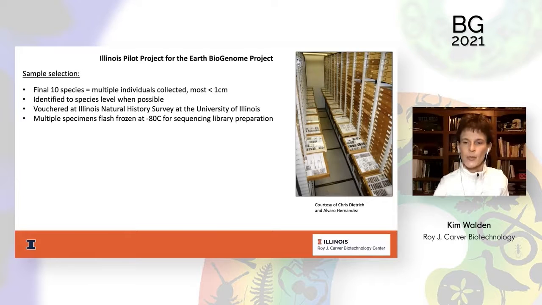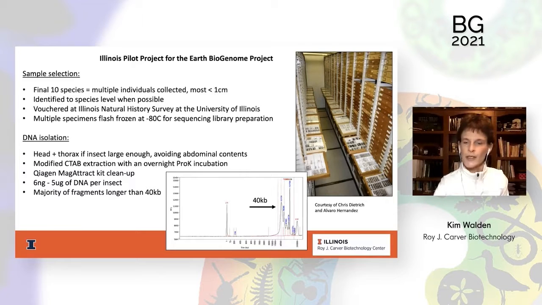Multiple specimens of each species were flash frozen at -80 for sequencing library preparation at the high throughput sequencing facility in our biotechnology center. DNA was isolated from only the insect head and thorax when possible, thereby avoiding the abdominal contents in the larger specimens. However, most of these species are less than 1 centimeter, so in some cases, the entire insect had to be homogenized. A modified CTAB extraction with an overnight proteinase K incubation protocol was used, followed by a QIAGEN MagAttract kit cleanup,